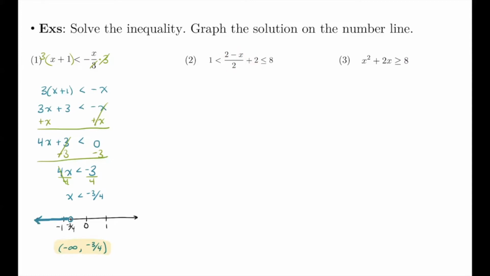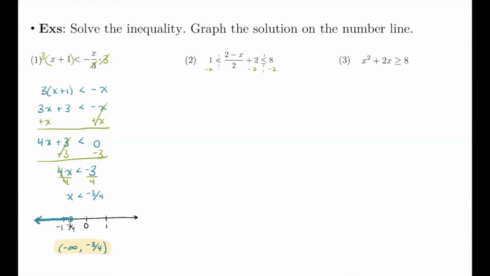Now we have to undo things in the opposite order that they were done in. So this would probably have come last, so we're going to get rid of that first. So you want to work on just isolating the pieces with x one step at a time. So let's just isolate this fraction with x first. That means we're going to subtract 2, not from both sides now, but from all sides. So we've got minus 2 here, minus 2 from that 8, and then minus 2 from the 1. And if you want, you can even put little dashes here or something to help you see the sides that are